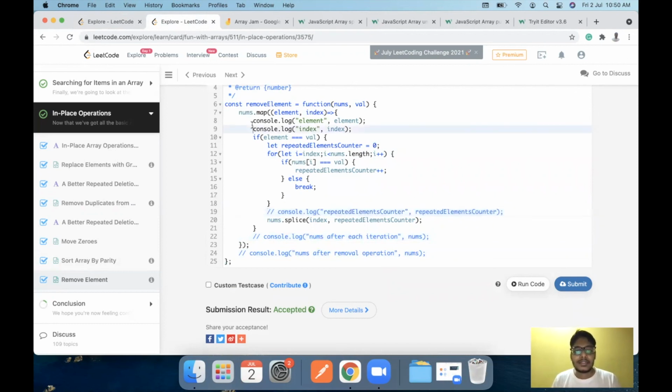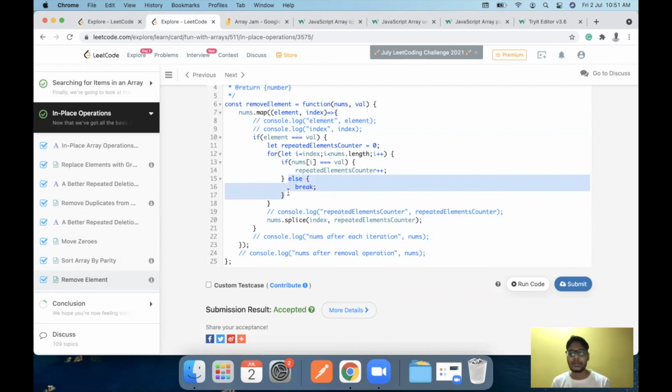So I think this covers the two problems which were supposed to be covered today. I hope the explanation was clear to everyone. I know that in the second problem I fumbled a bit because of this else block, but I hope it is clear now that we wanted repeated elements. That is why we use the else with the break part. Without this, the solution is incorrect.